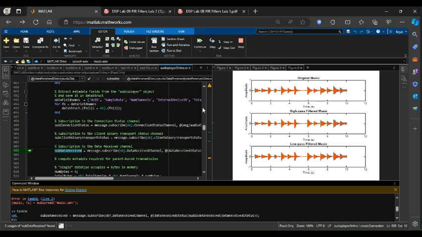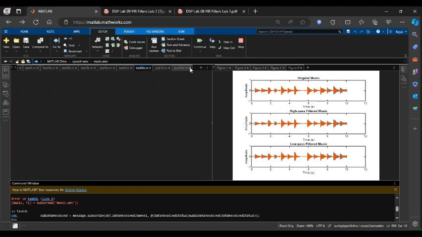So the original speech signal and the filtered speech signal are played sequentially using sound, allowing for auditory comparison between the original and processed signal. Overall, this code demonstrates how to analyze the frequency content of a speech signal using FFT, perform spectral filtering by discarding high frequencies, and visualize the spectra of the original and the filtered signal. The audio playback enables listening to the effect of the filtering process on the speech signal. Moving towards the other task,